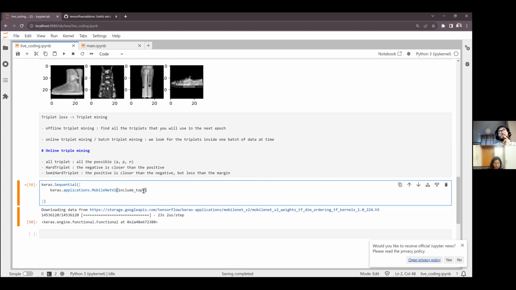I don't know if this model is capable of handling the 28 by 28 images. We will see. Include top false. We don't want to include the top of the model.